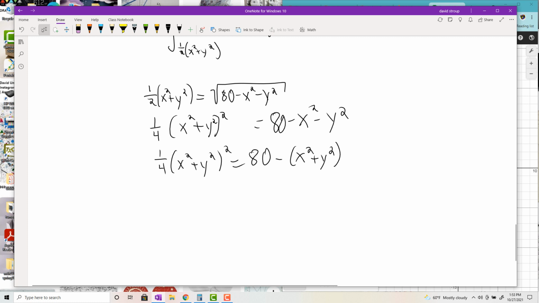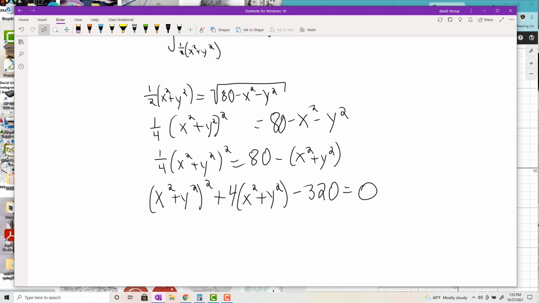Okay, so let me now multiply by 4, and I'm going to move this stuff to the other side and set it equal to 0. Multiplying by 4, we get rid of the 1/4: x squared plus y squared, squared. Add the other stuff to the other side. It's going to be 4 times x squared plus y squared, because I multiplied everything by 4, and then minus 320 equals 0. Then you can factor this into x squared plus y squared minus 16, and then x squared plus y squared